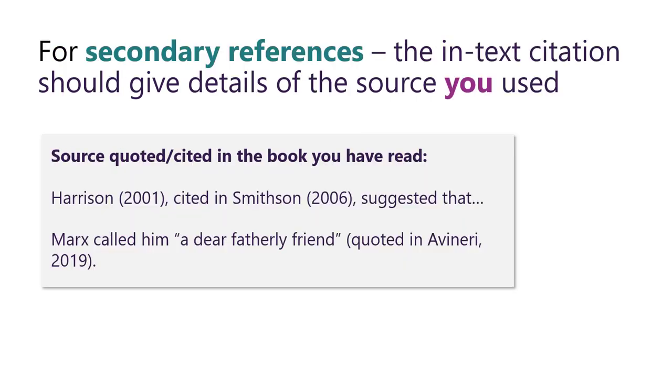Finally, sometimes you'll find that you want to reference something that another author referenced in the source you read, but you can't find that particular source yourself. When that's the case, we call it a secondary reference. Just make sure it's really clear in the text which was the source you read and put that source in your reference list. There are some examples here, so you can see Harrison was cited in Smithson, that's the book